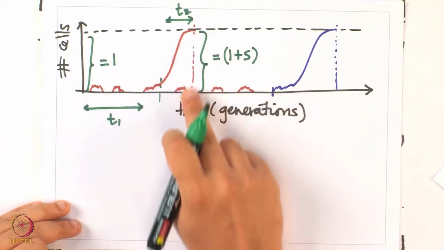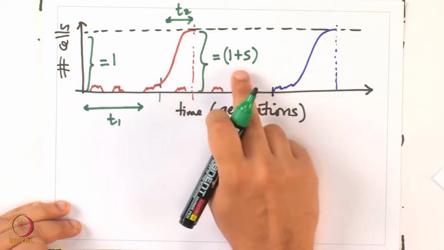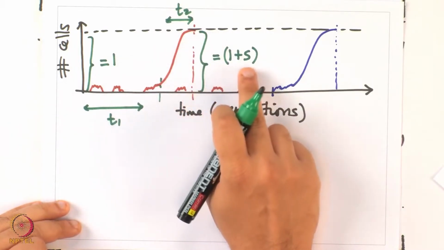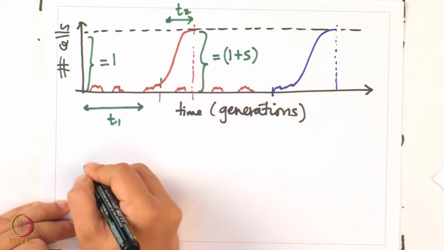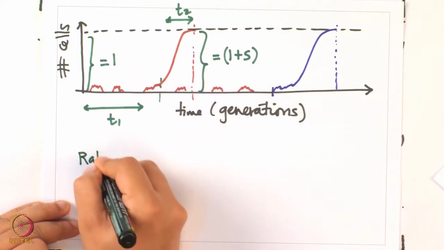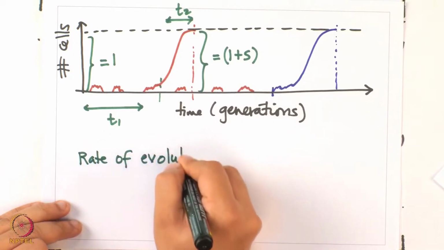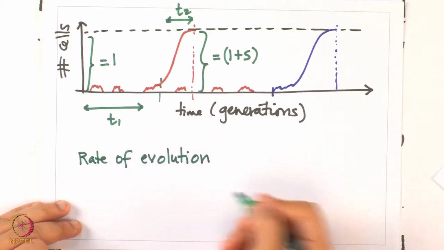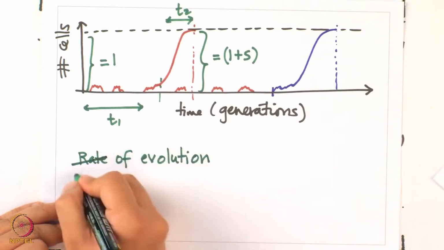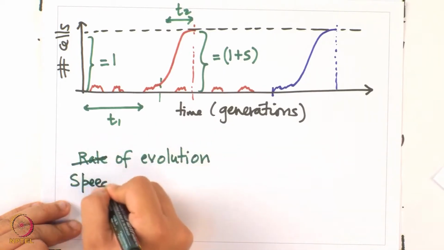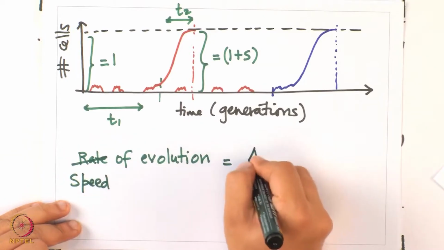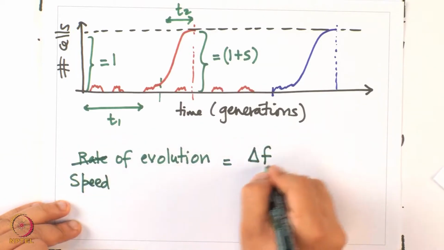Now, every individual is carrying that mutation, hence fitness of every individual is equal to 1 plus S. So, the rate of evolution, or I should not call it rate, speed of evolution, which is equal to delta mean fitness of the population